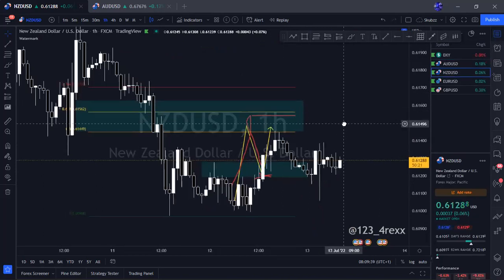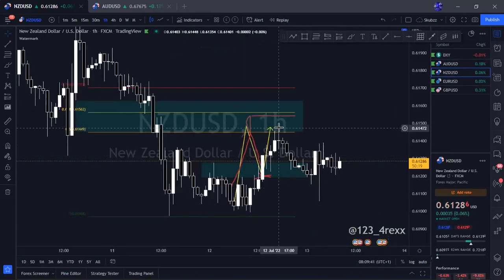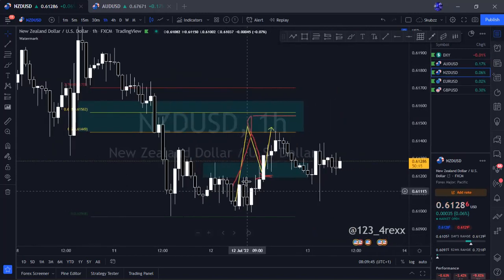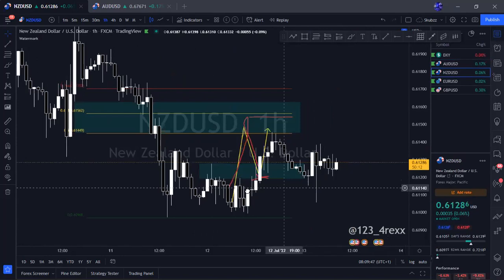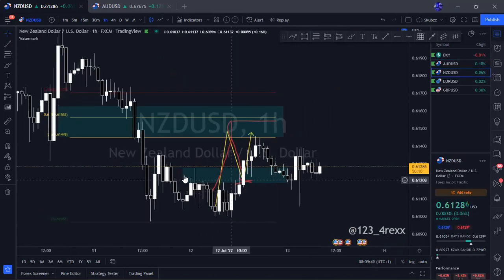Okay, so NZD basically taps into the 50% of the Fibonacci, and then we had NZD news at night. Basically, what NZD did, it tapped into these levels, the structure that was broken, pushed up a bit, and then came back. If you actually took this buy and moved your stop loss to break even, it came back to take out at break even. But if you did not move your stop loss, then this would have taken out some losses.